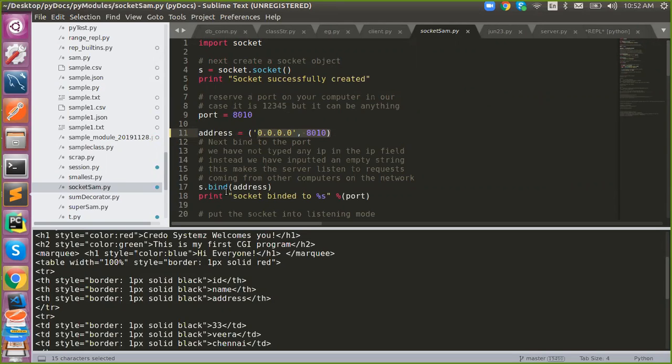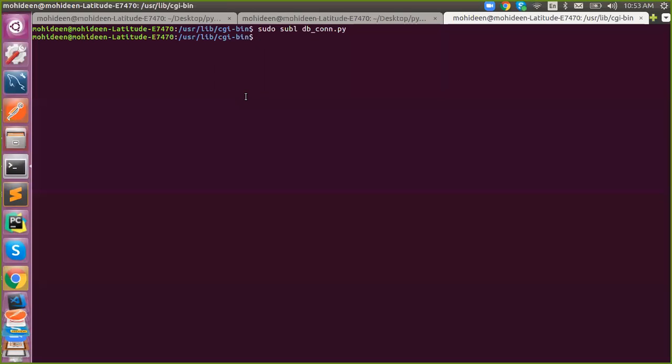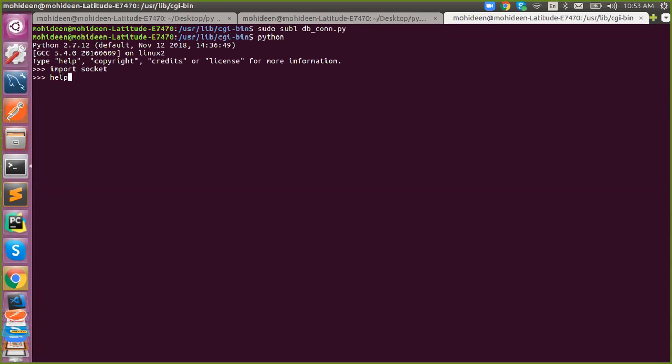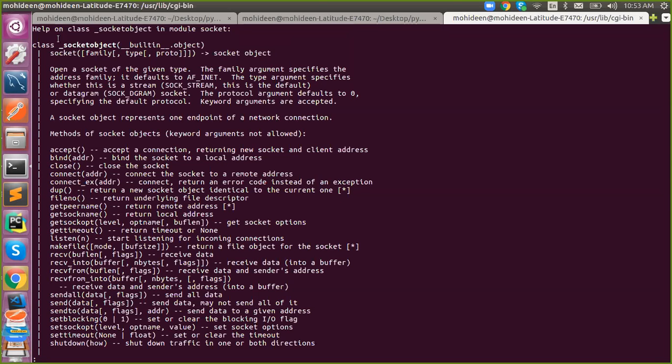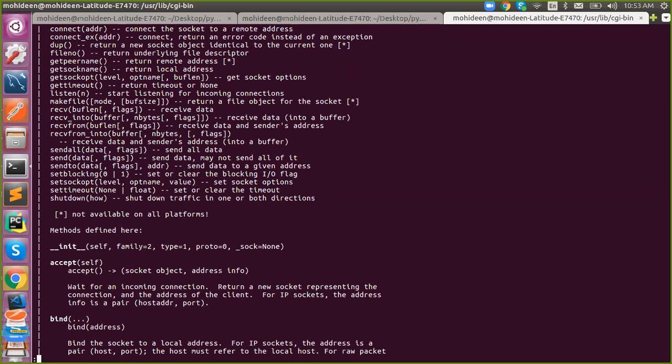And I need to bind the address, as we have seen in similar things like HTML email stuff. So you need to bind that IP address along with your port into your socket. Or else, if you don't know that, just go to the documentation. Import socket, then say help socket. So this is what.